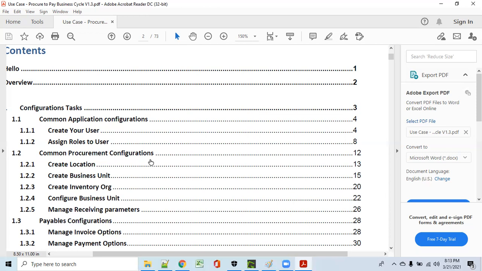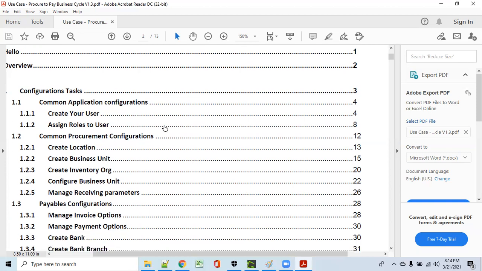As per the requirement, we create the configurations, and those configurations we are going to record in the BR100 document. Why? By seeing the same BR100, we're going to make the configuration in SIT, similarly in UAT, and similarly in production. So everywhere we should have a BR100 document as a reference for configurations.